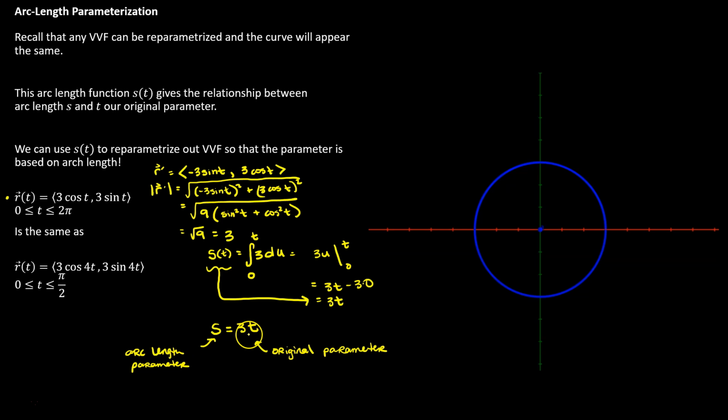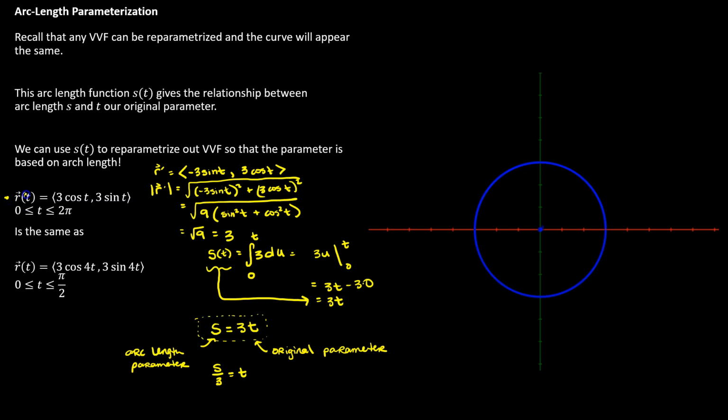I can replace t with s as long as I solve this expression for t, and then I can redefine my function as a function of s. So solving this for t requires that equation to be invertible. Sometimes when you calculate this s of t function, you will not get an invertible function, meaning you cannot solve this equation for t. It's just not reasonable. So you would be at a wall there. In this case, we would just divide both sides by 3. So we'd get s over 3 is equal to t, which means I can go back to my original vector function,